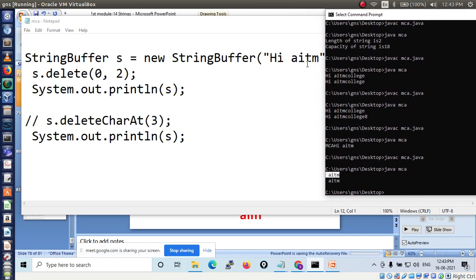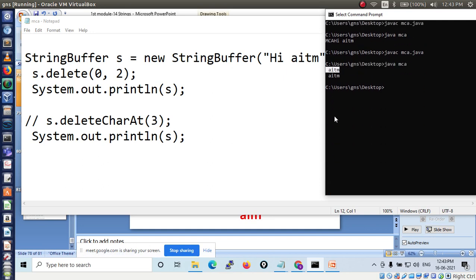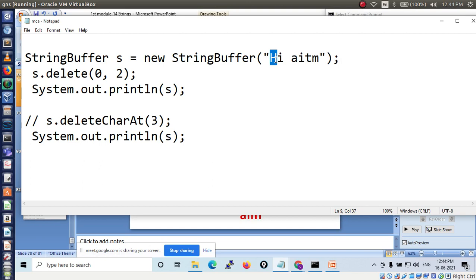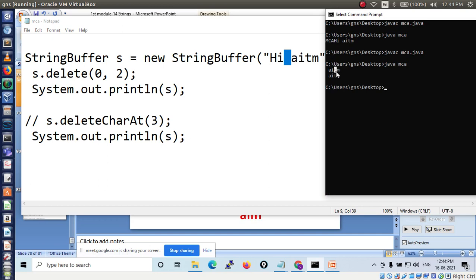The original string is Hi AITM, but after deleting you have the output only AITM, because you have deleted 3 characters from the starting 0 to second position. See, this is the 0th position, first position, second position, and this one is third position: 0, 1, 2. So you have got this value AITM.